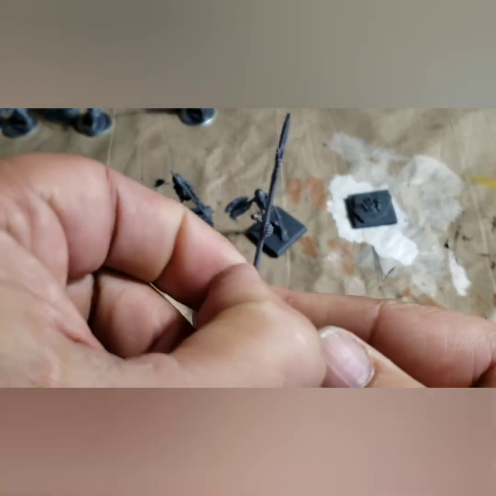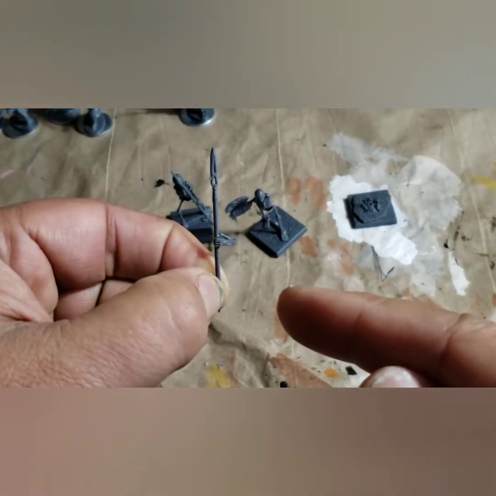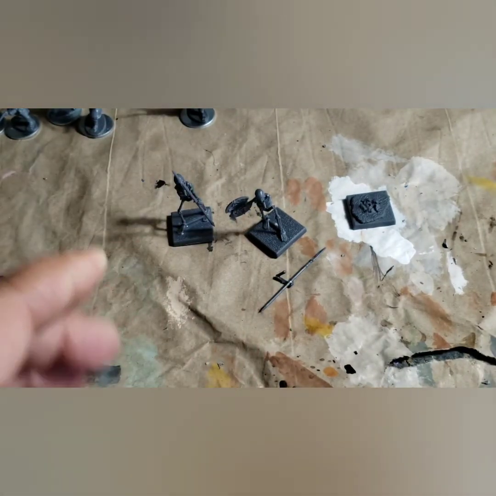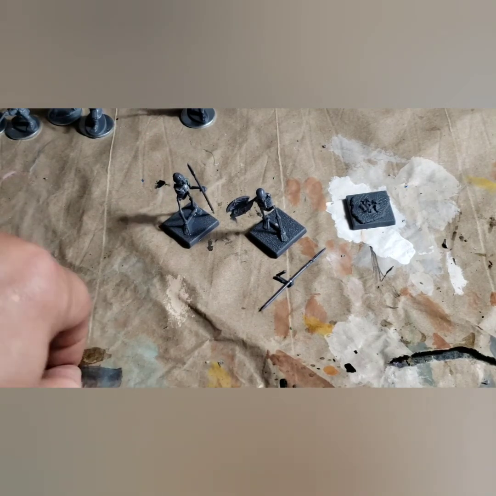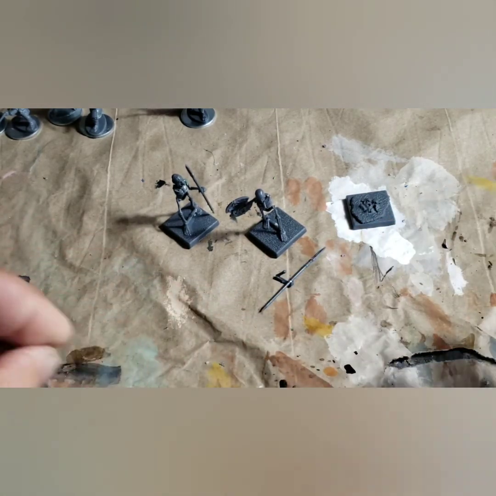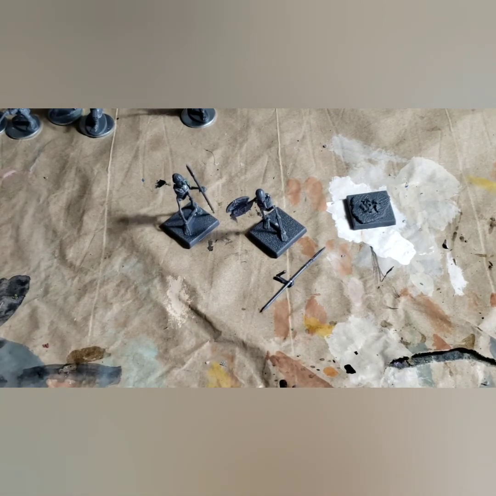And so what I'm doing is slowly building these, putting the weapons on the hands first, letting them dry a little bit, then attaching them to the figure. And the green stuff is really helping to get things together. So I'm using my little green stuff here, and that's how I'm going to put most of them together. So I have quite a bit of work